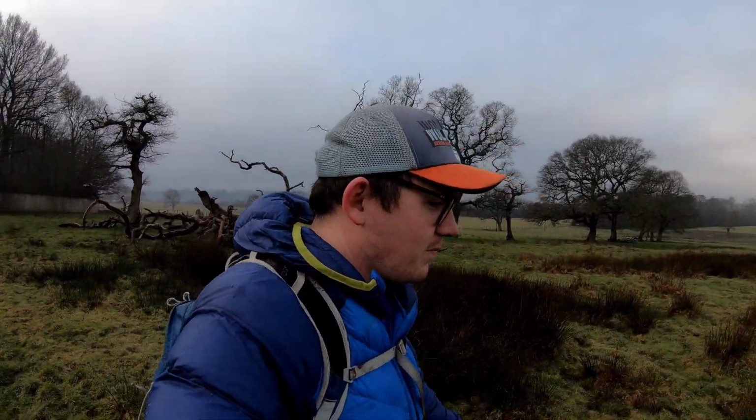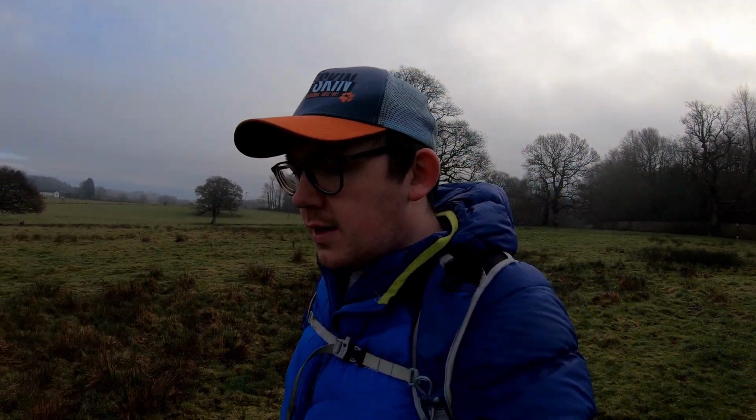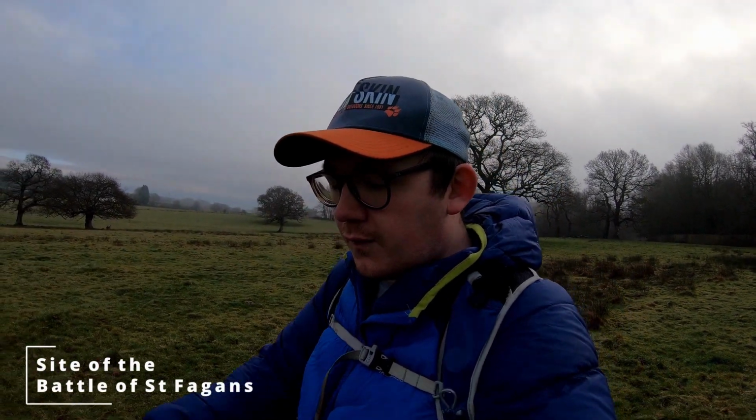Now I came here a few years ago with my scout group, and at the time I didn't know what the field was, and we were saying, it looks like something Hollywood would use for one of those medieval Civil War type battlefields, and that's exactly what it is. It's a registered battlefield. It's the Battle of St Fagans, which was in the 1640s. I can't remember the exact year, it's on the map. Yeah, and it's part of the Civil War,